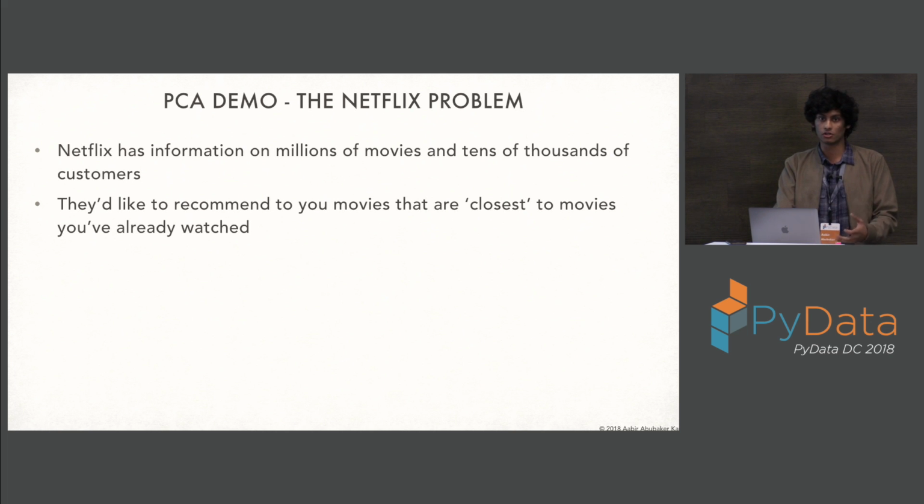But it actually knows not just what you've seen, but what everyone else has seen. And if in some high-dimensional space, it can look at what really explains the difference between its customers, and then say, hey, based on what puts customers closer or farther apart in the sense of variance, if you're close to someone, you probably like movies that they liked. So I know where you are, I know who's close to you, and I can now recommend to you movies that they liked that you haven't seen. It's rudimentary, and it's probably not what Netflix does, but it's a good example for how PCA works.